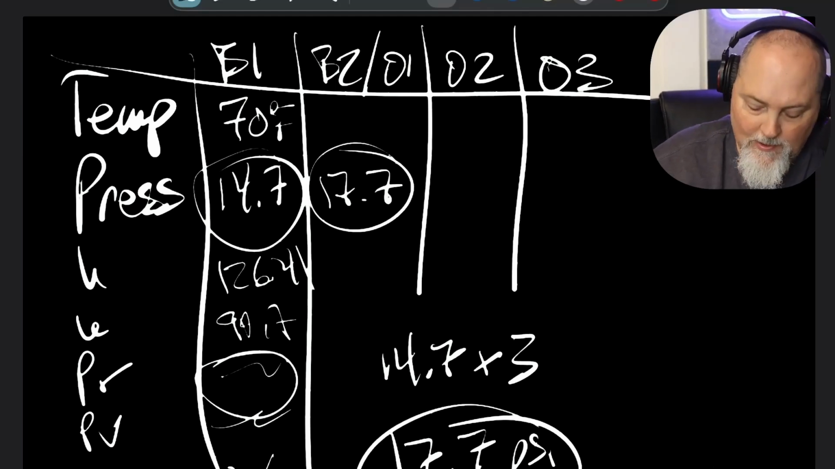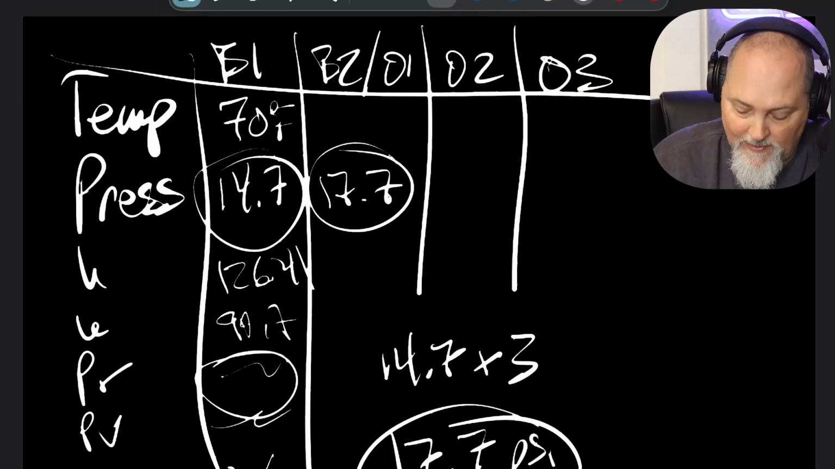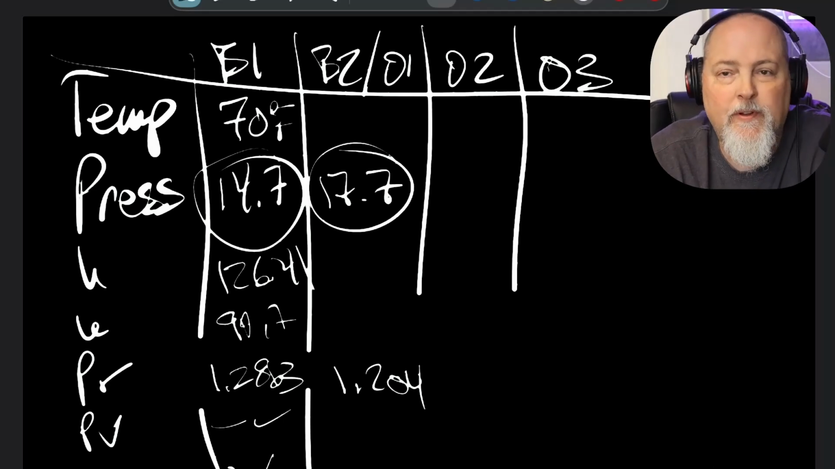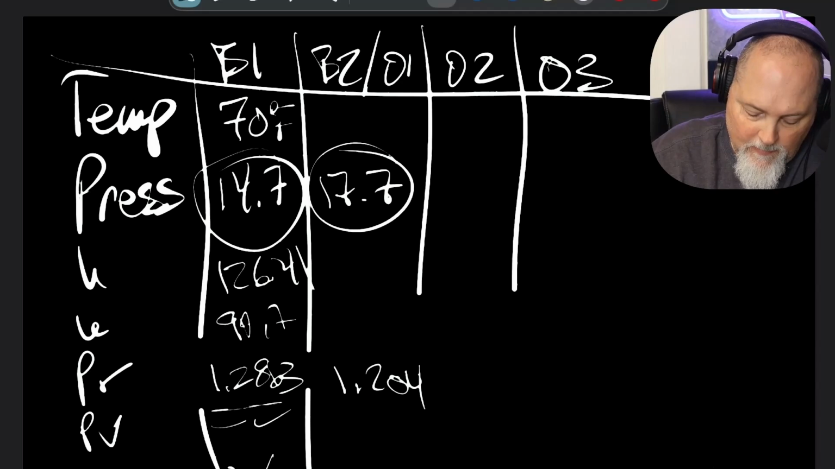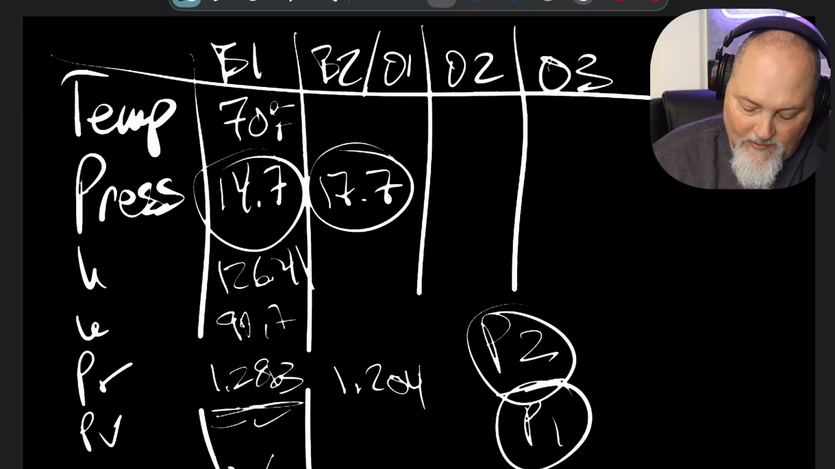So my pressure ratio is, it's a clean way to do this without erasing everything. Erase this. Okay, now that I've got my pressure at B2 and my pressure at B1, I can use the Brayton relation to find pressure ratio B2. So I've already written in the pressure ratio at 1, and I divided out pressure at 2 over pressure at 1, which is 17.7 divided by 14.7. And that gave me